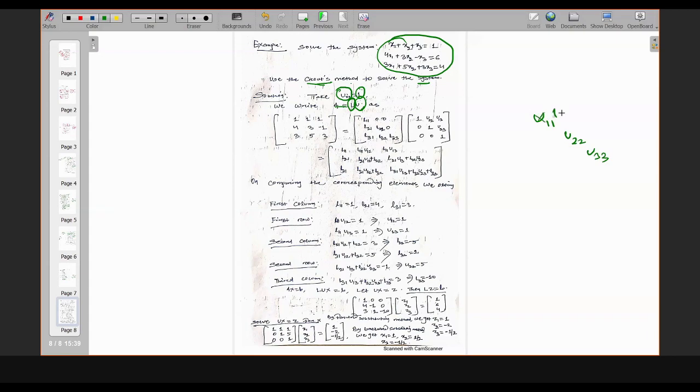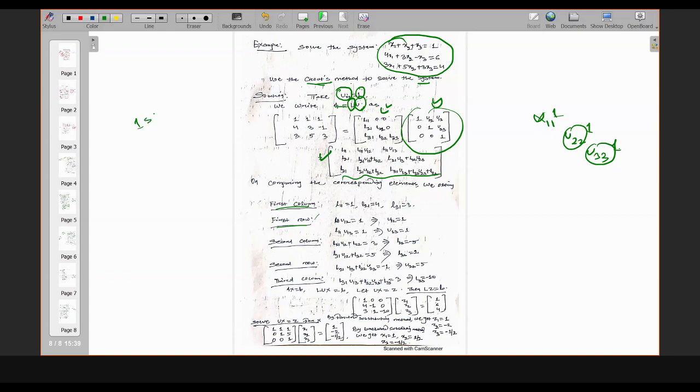Now that I had done here, you can see this is your U and this is your L. Now you multiply this L matrix with the matrix U to get the resulting matrix, which is here. Now you compare the corresponding elements. How will you go? You can go for first column, then first row, because here you consider Crout's method. In Doolittle's method, how did you proceed in the sequential manner? First row, then first column.